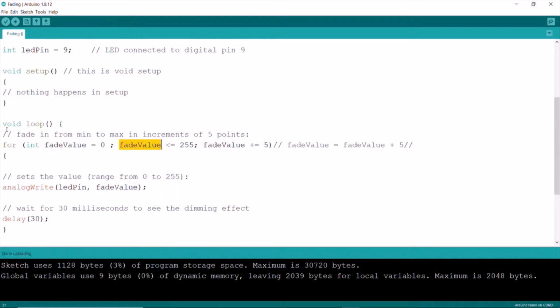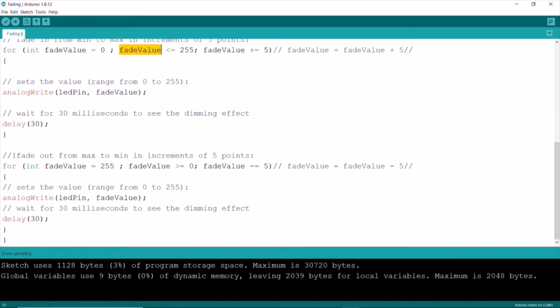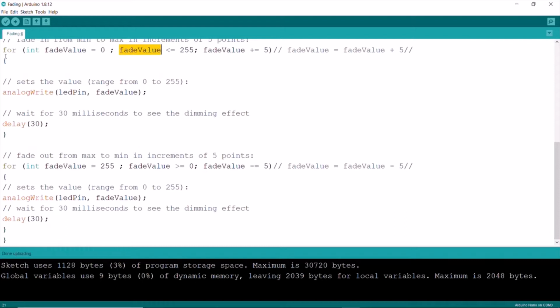That is, it will again come to the void loop and begin from the first for loop to the second for loop and again the void loop. So this goes on again and again: the void loop will run your program an n number of times, but a for loop will run your program for a limited value, that is 255. Now let's upload the code and check the output.